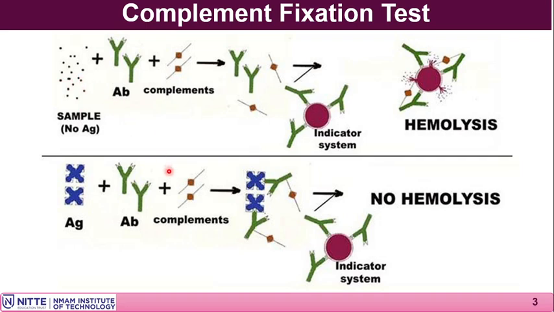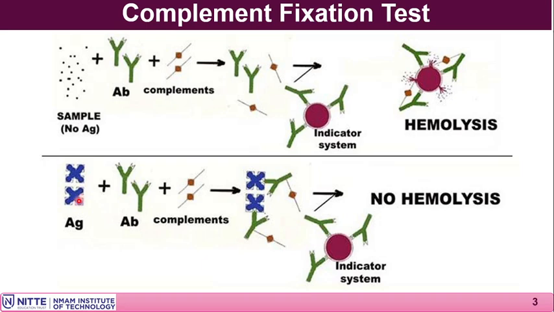We will move to the second example at the bottom. The serum sample readily contains the antigen that you are trying to detect, to which you have added the antibody corresponding to that antigen. And that antibody readily binds to that antigen. And here it is a soluble antigen, which is not visible to you. It is in the soluble form. So antibody binds to it and engages that. To that now you add the complement containing serum.